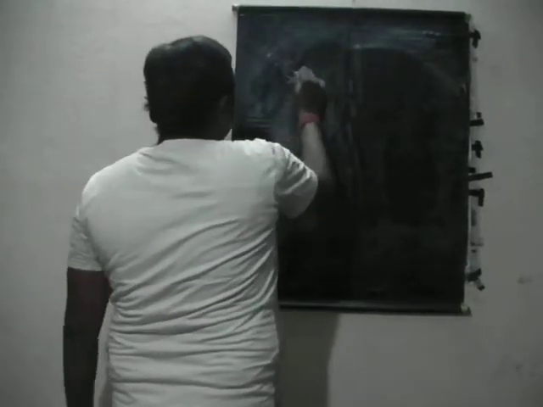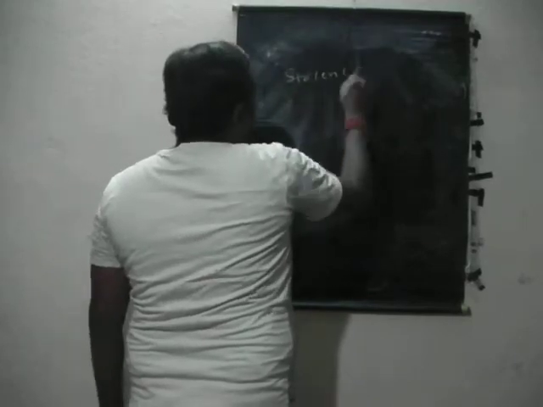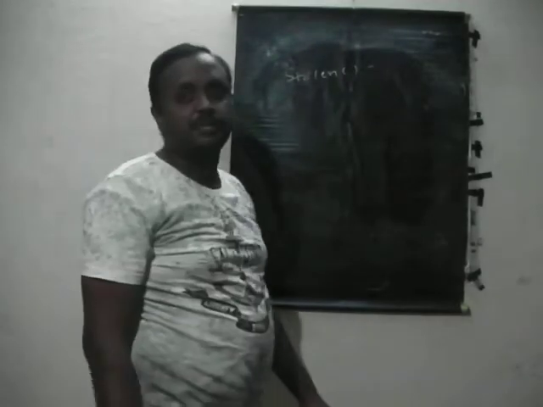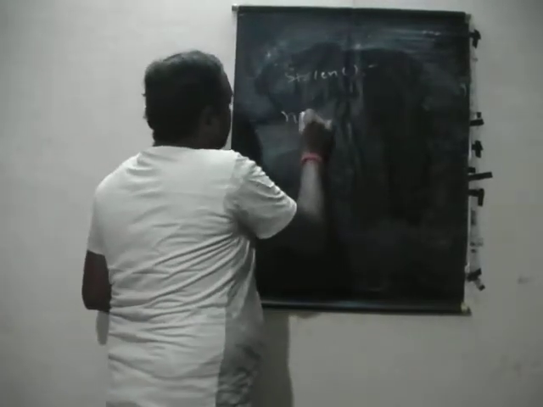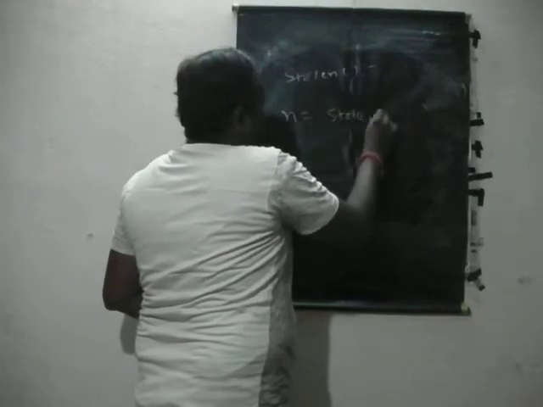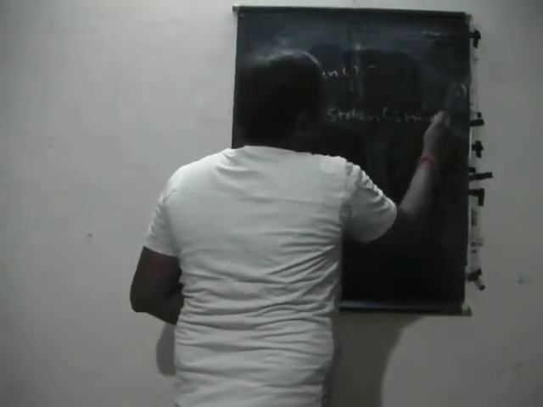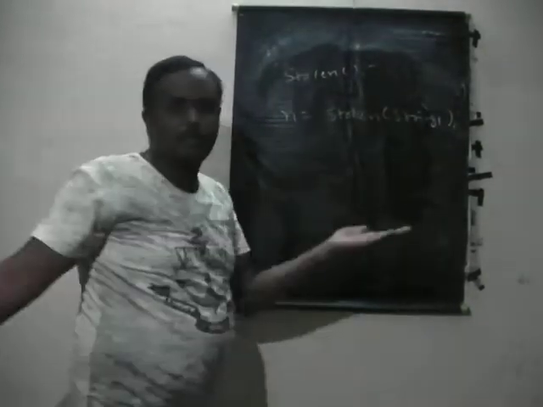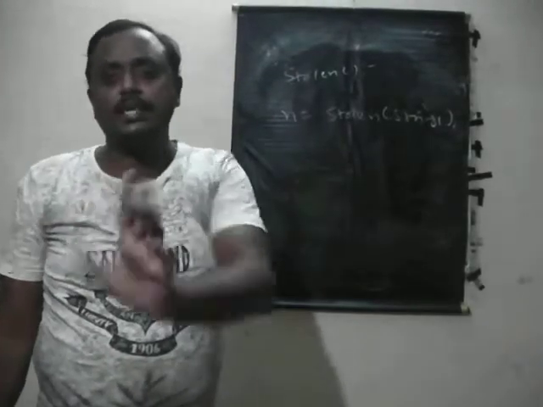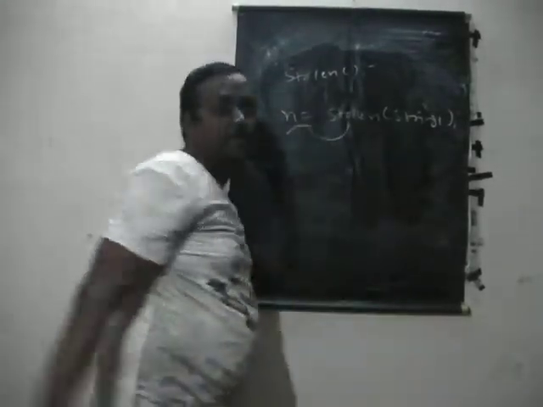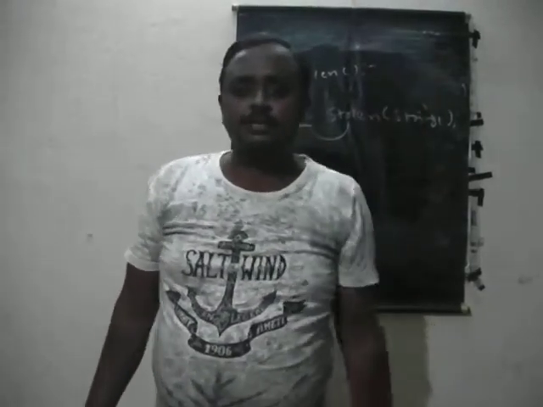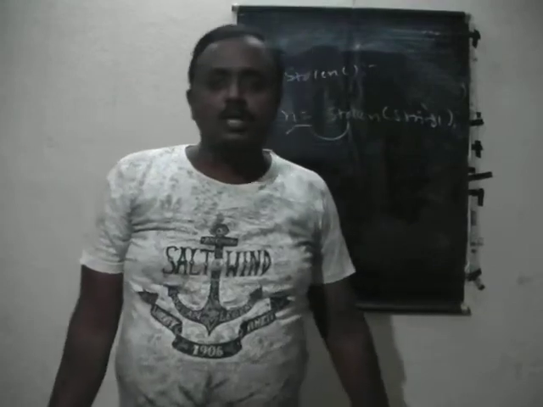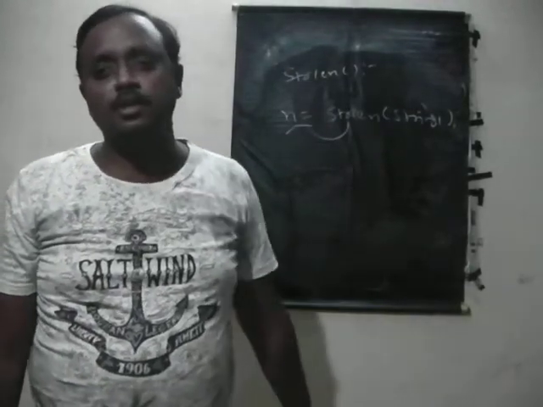Then length. Length is simply how many characters are in a given string. For example, strlen(string1). I have taken "hi" with, say, 3 characters, and the 3 will go to n. You can print n also. With the help of n, you know how many characters are in each and every string. So these types of manipulations are expected on strings.